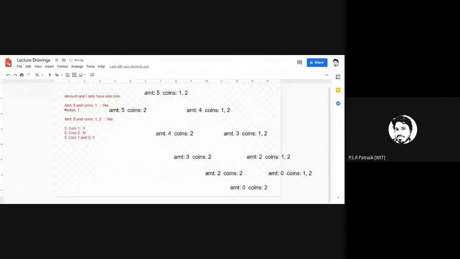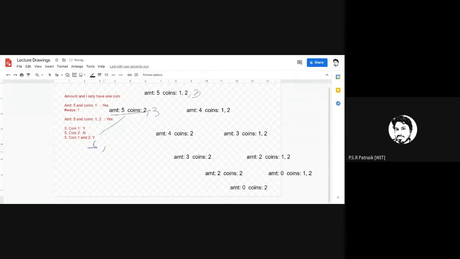So two cases we were able to do. What I am trying to tell here is, instead of 1, 2, I have 3. Now you have planned not to use 1, so you have 2 here. So amount 5 and coins 2 and 3. If I take the left of this, what does it include?